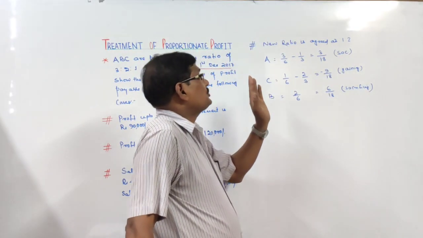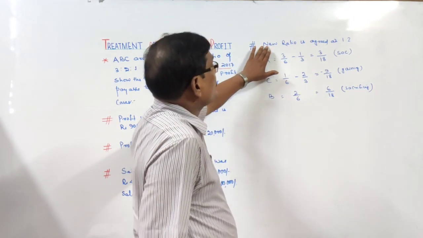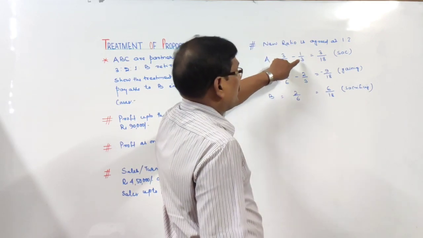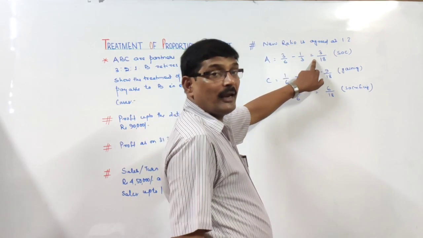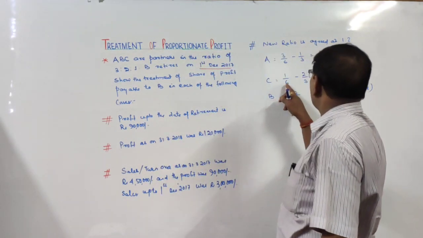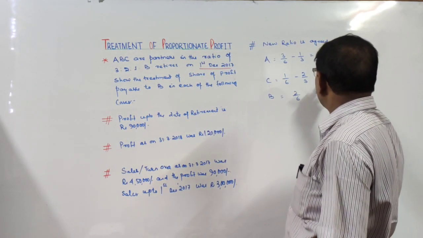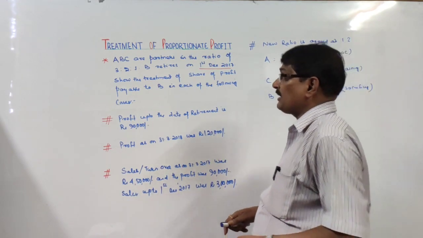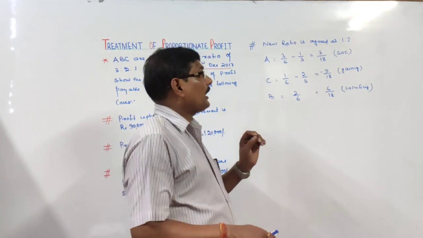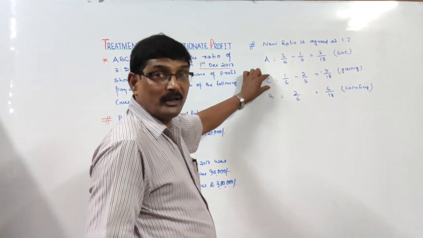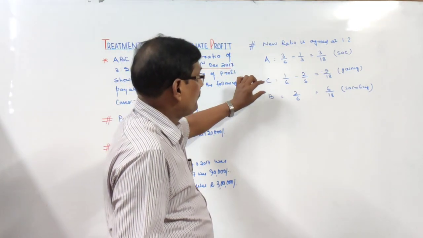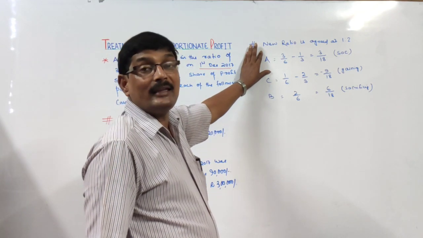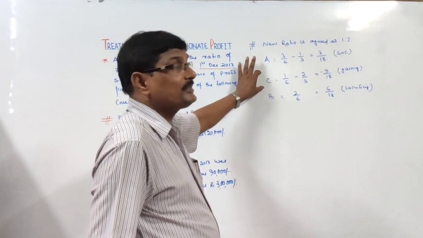Now, if the profit sharing ratio changes, say the new ratio between A and C is equal to 1:2. Now what happened? A was getting 3 by 6, now is getting 1 by 3. Thus he is sacrificing 3 by 18. C was getting 1 by 6, now is getting 2 by 3. So he is gaining 9 by 18, and B, as he is a retiring partner, is sacrificing 6 by 18. In this case what will happen? We have to calculate the proportional profit of C. Not only that, we have to calculate the proportional profit of B and the sacrifice made by A also, and he is to be compensated by C.